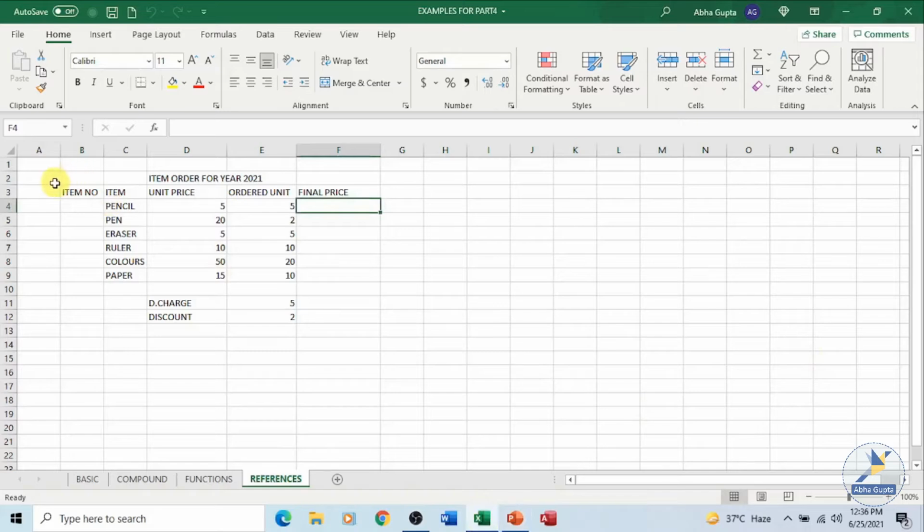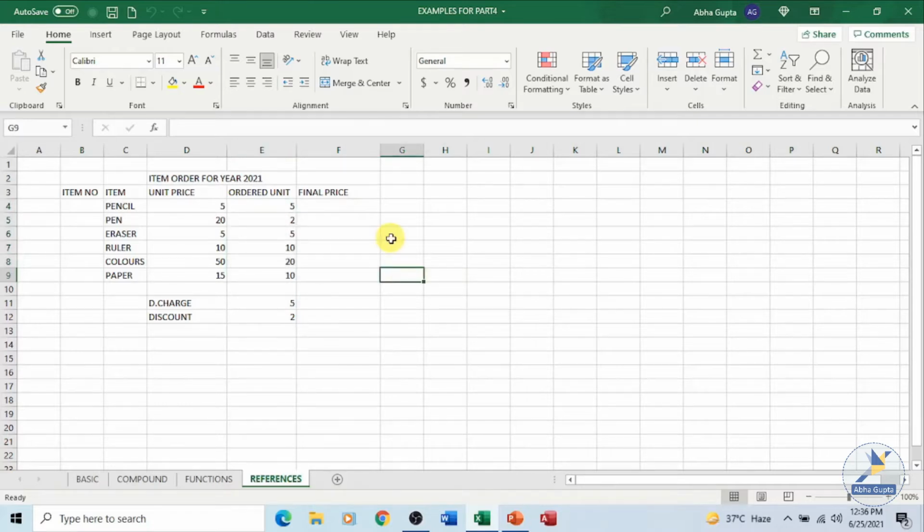We have an example here, where we already have some data on our Excel sheet. We have used the same example in some other part also, and we will be making use of it again. Referencing means indicating or mentioning. In Excel, a cell reference refers to a cell or a range of cells in a spreadsheet which can be used in a formula or function. This reference can be on the same sheet, on another sheet, or on a different workbook.